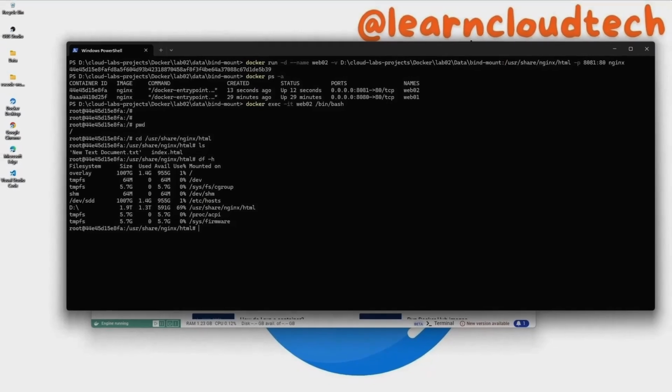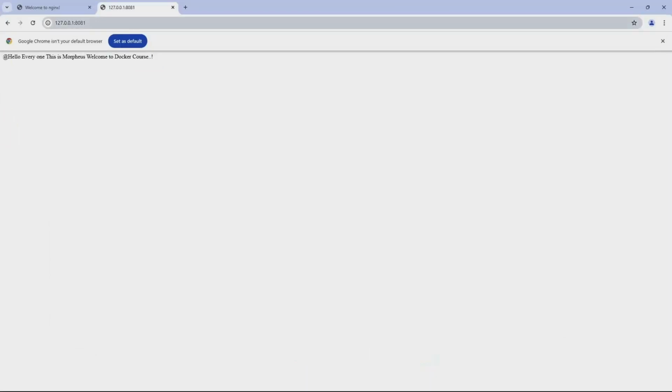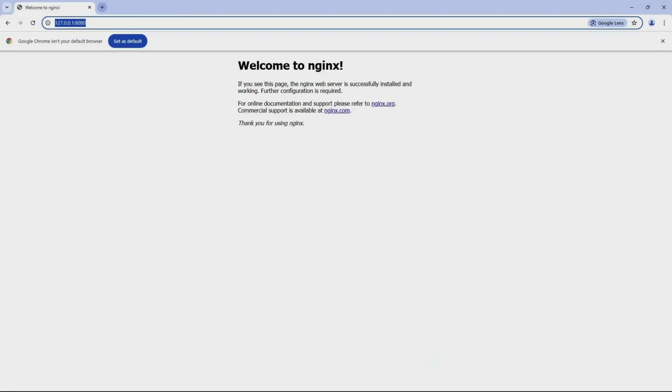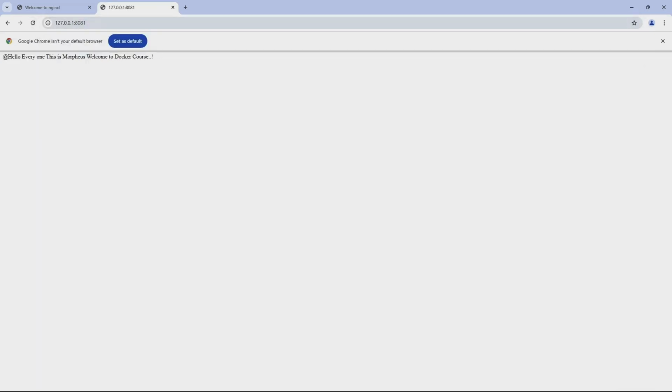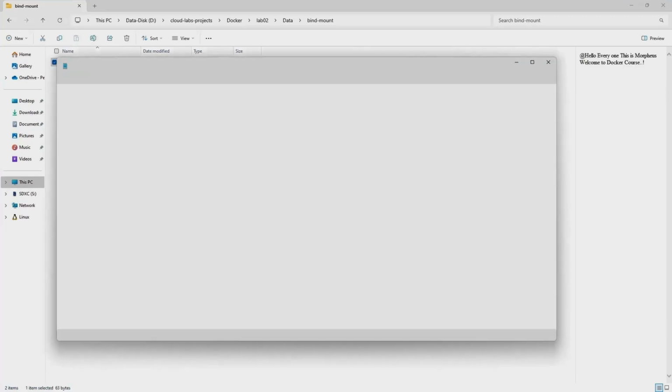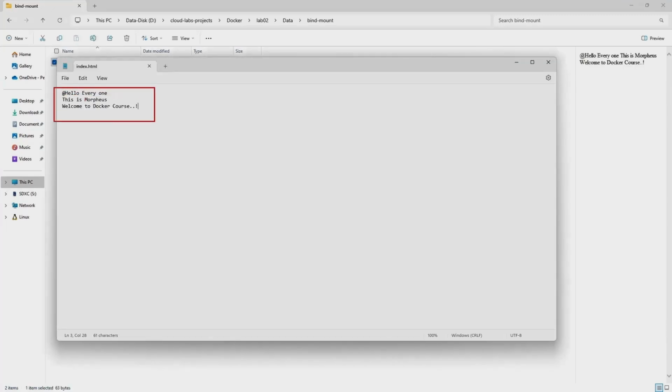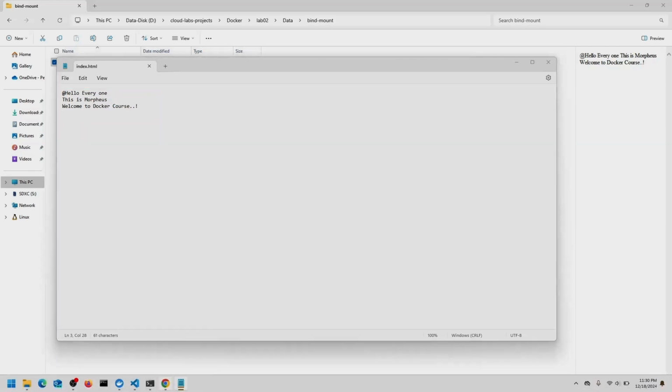And if I browse for 8081, I'll refresh, 127.0.0.1:8081. Yes, we are able to see the content whatever we have updated inside the local file system. So this is the file which we have updated, and this is the website which is running inside the container. So perfectly fine. So this is how we will be able to use the bind mount to make our data persist,